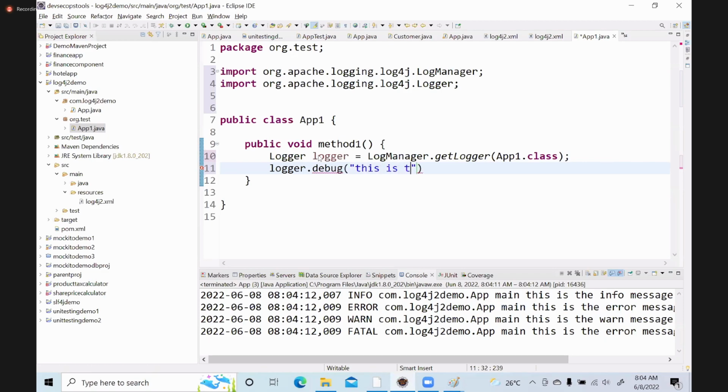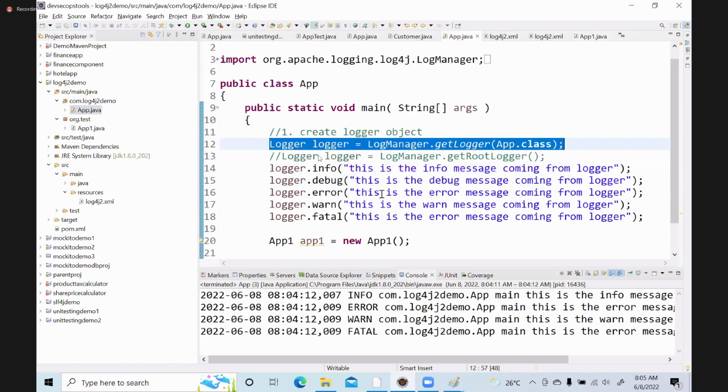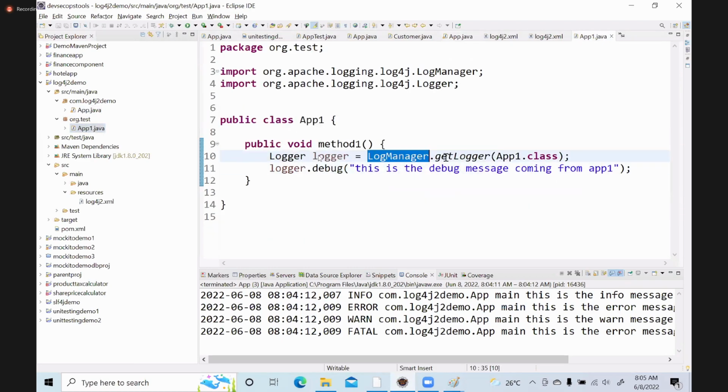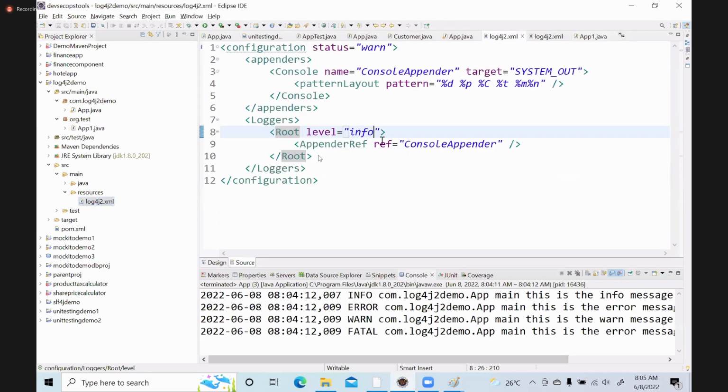Something like this is a message. This is the debug message coming from app1. Like this, I'll do this. Now I'll just say get logger of app.class, and I'll say LogManager get logger of app1.class. Now what I'll do is in log4j.xml,